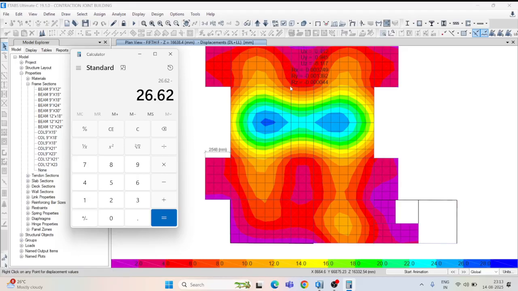Here it is 6.117, and here column 6.01, and here how much? 4.70. So the less one is 4.70 or 4.97. So this is less, so 26.62 minus 4.70, how much? 21.92 into 3. See, deflection is 65 mm, but it's not allowed because deflection is only up to here. You have to take the distance divided by 350 only, meaning anyhow it should be less than 20 mm. Deflection is getting too much.